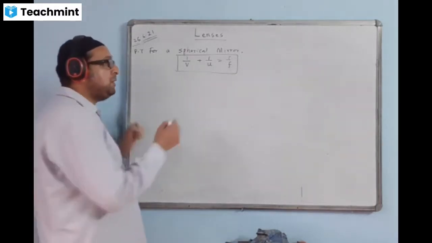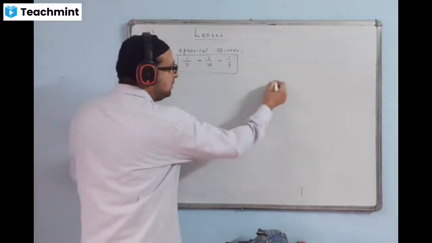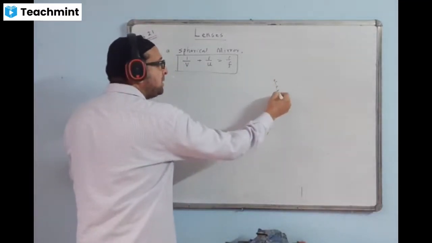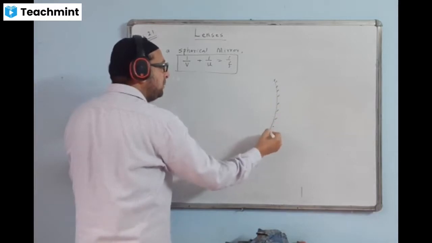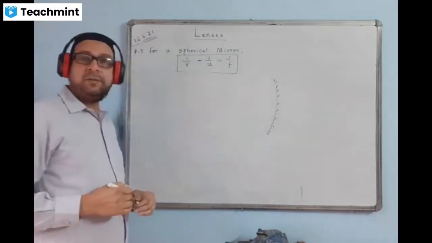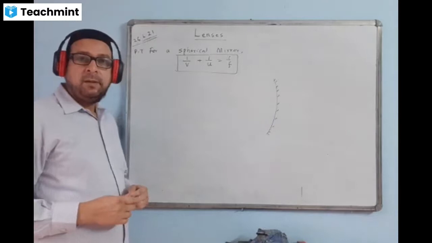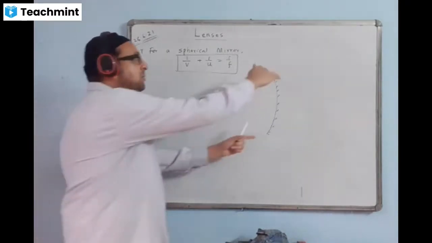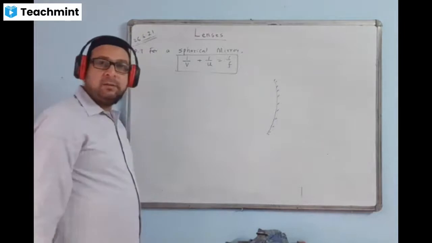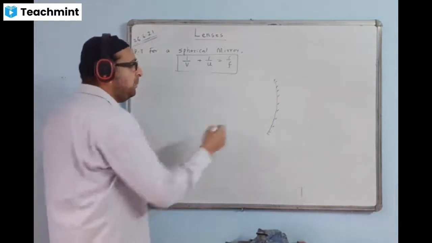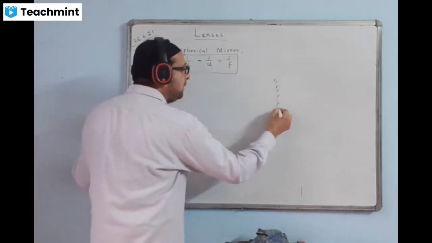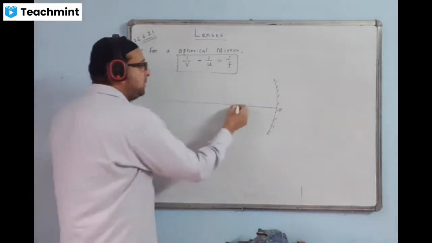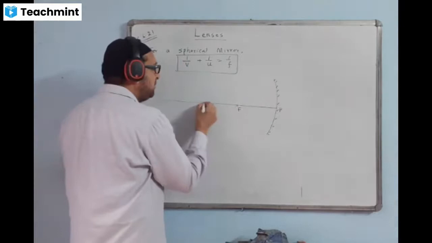For showing this, now we will make one image. So let us take a mirror. In the standard case, we take a concave mirror of very small aperture. All the mirrors' apertures will be small. Mirror aperture is the size of the mirror. We are taking a small size mirror, not a big size mirror. Mark a point P, and here is the principal axis. This will be F, this will be C.